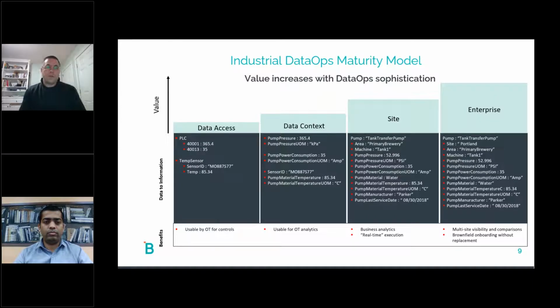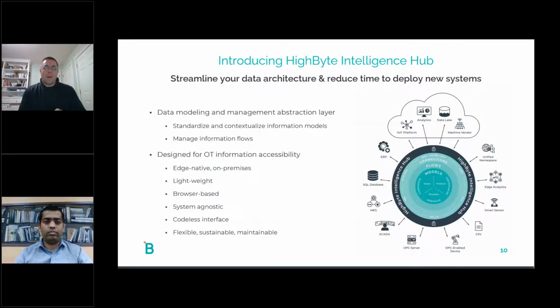So how do we do that? Well, today, I'm not going to give a full pitch on HighByte, but I did want to introduce the HighByte Intelligence Hub. The HighByte Intelligence Hub is one solution that you can use to deliver Industrial DataOps, the technology for Industrial DataOps. So the HighByte Intelligence Hub, you'll notice, number one, takes a very different approach to integrating data in